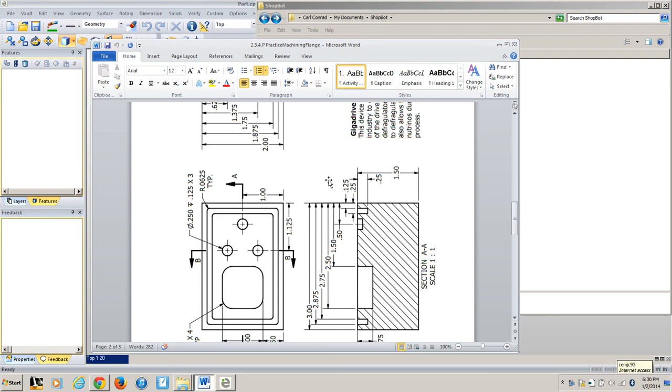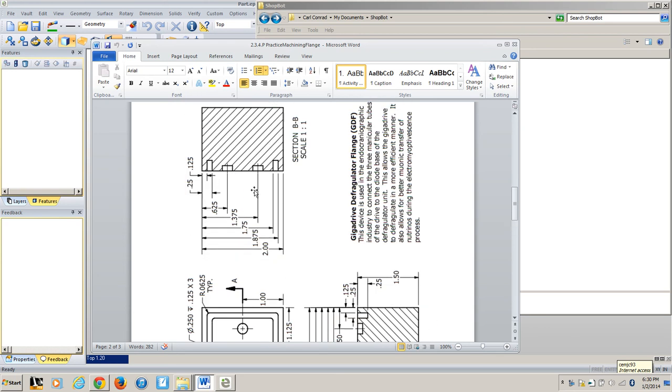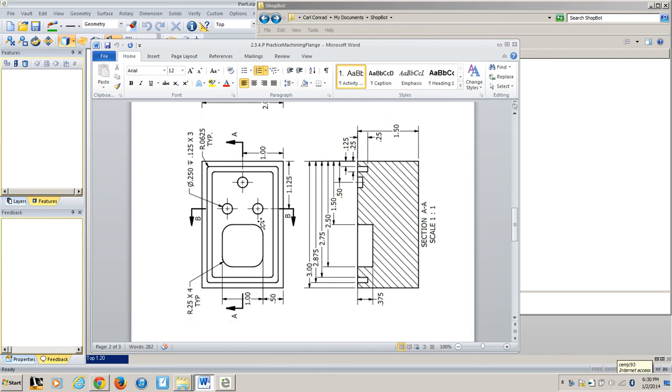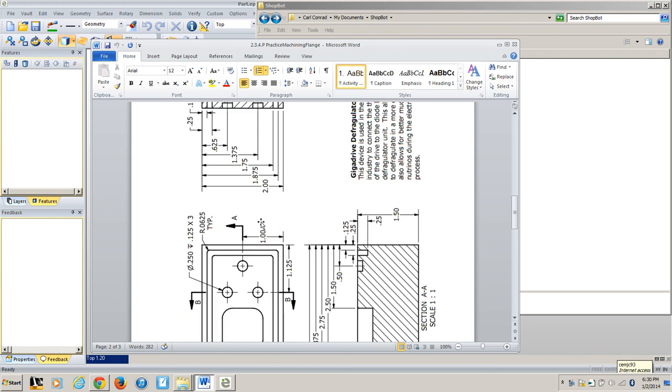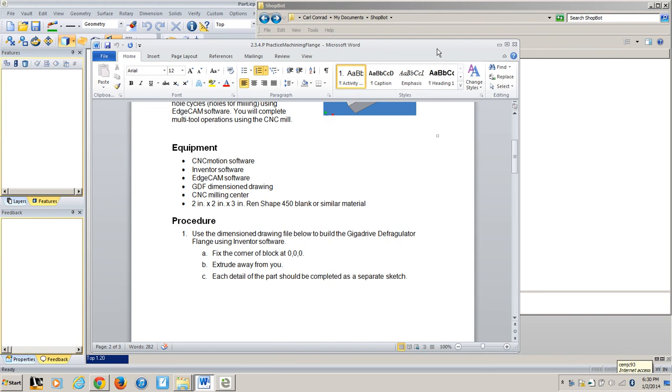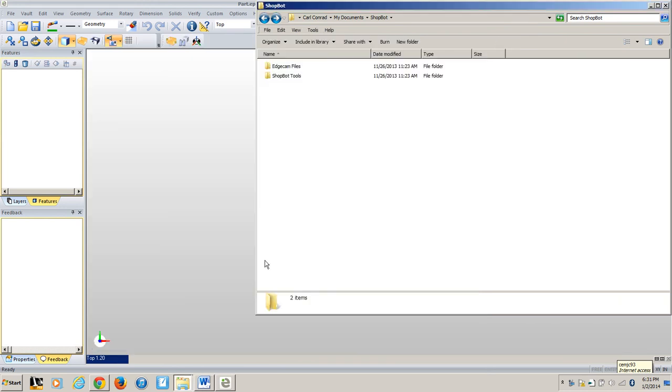But you're going to start out by building this part in Inventor, and so you just build that from the dimension drawings. I've already got the part built, and then before you even run EdgeCam, of course it has to be licensed,